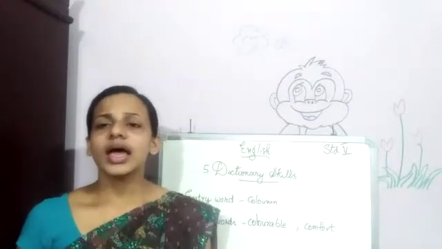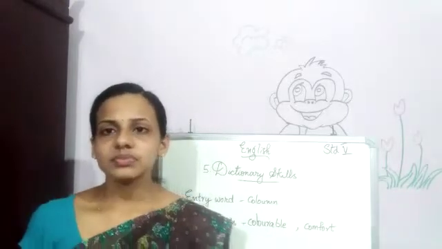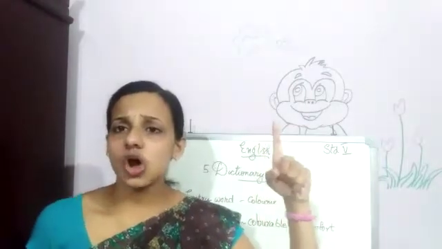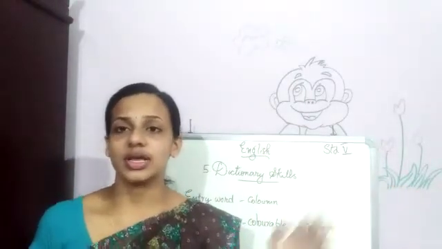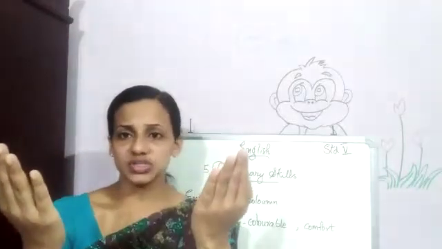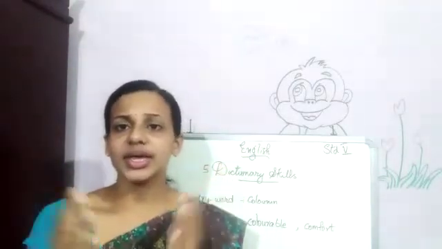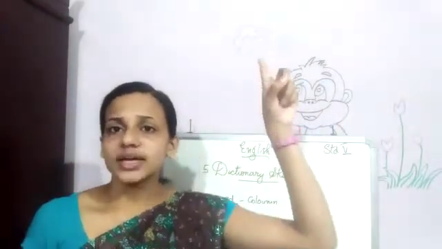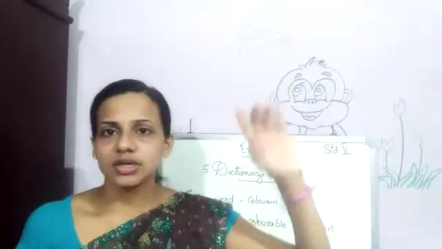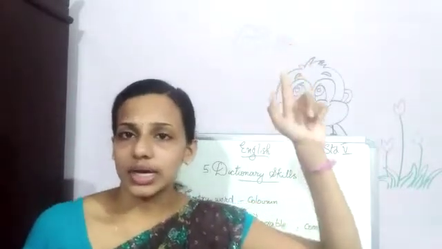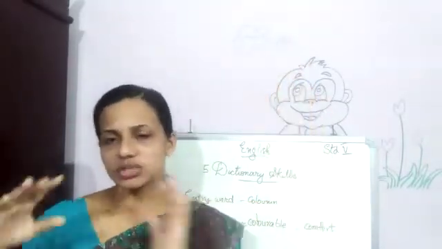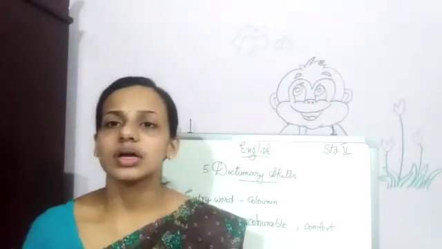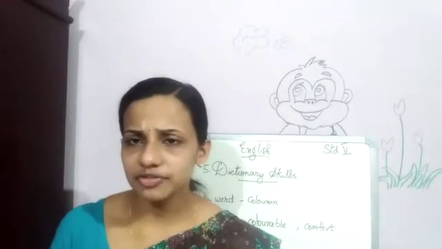And what is a guide word? If we open a dictionary, there will be a word in the top left corner. We know that a book has 2 pages, isn't it? When we open a dictionary, it has 2 pages, and on the left page, at the top, there is a word. So the top word is called a guide word, and on the right page, the next page, the word at the bottom is also a guide word. Okay, is that clear for you?